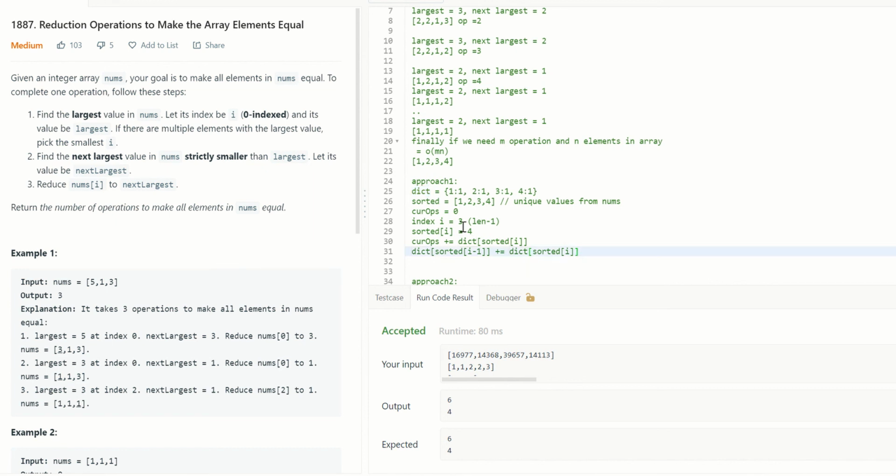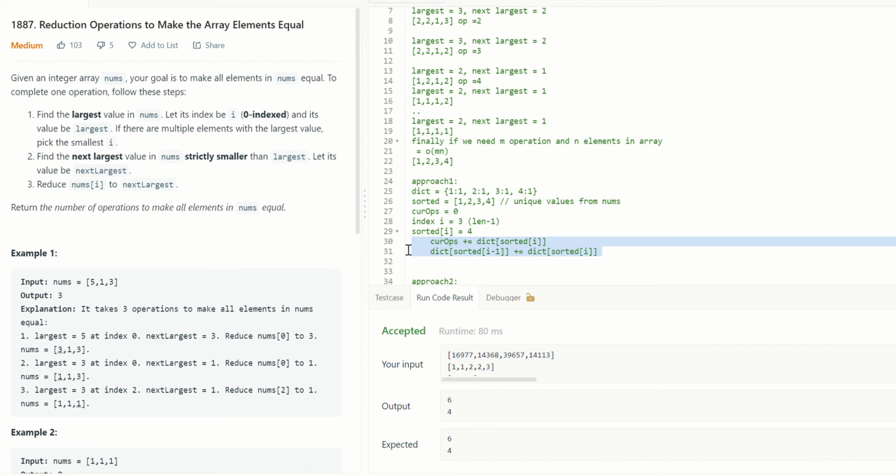We will be doing this for every I, as long as I is greater than 0. We will execute these 2 steps for 2, 3, 4. For these 3, we will be doing these 2 steps.